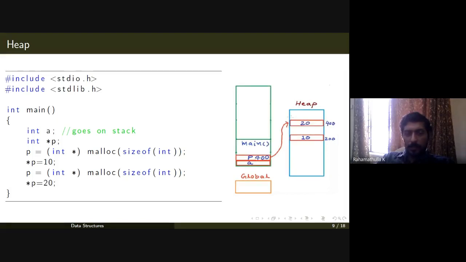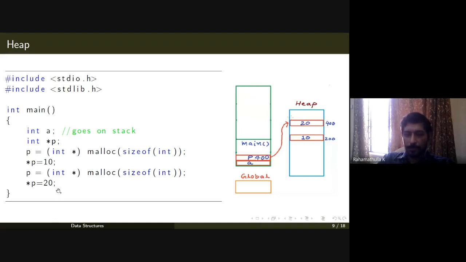Now let's say you have allocated memory with this size, and you have added the value 10 onto it. Now you call another malloc statement again for storing an integer, once again the size of an integer, and you add another value, star p equal to 20.